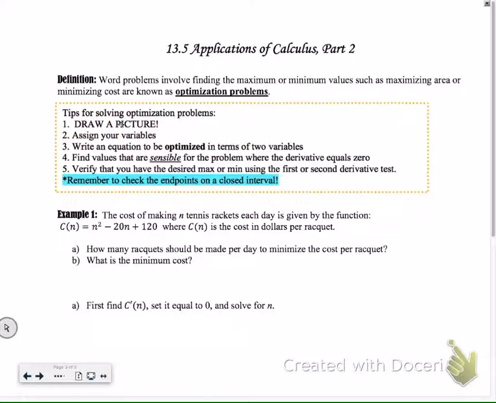So some tips for solving optimization problems: draw a picture if applicable, assign your variables, know what the variables stand for, write an equation that's to be optimized in terms of two variables. Write your equation that's going to be optimized. Find values that make sense where the derivative is equal to 0. If you end up with a negative answer,